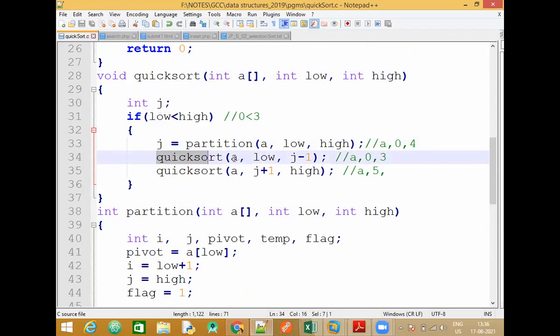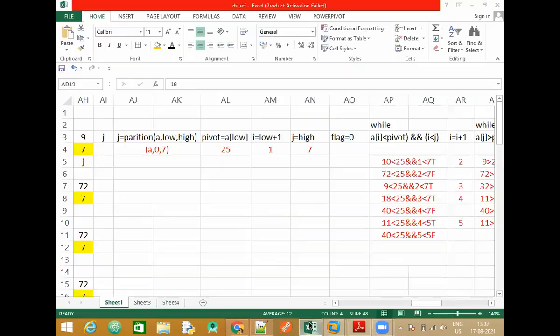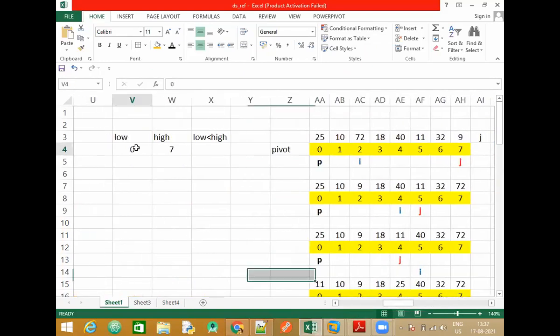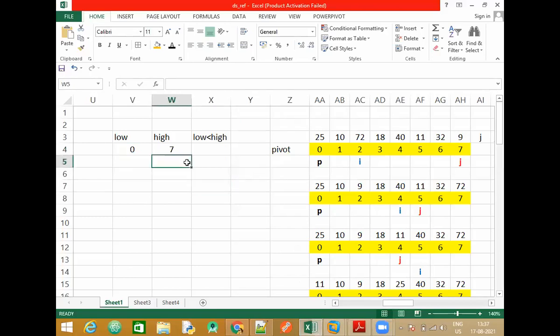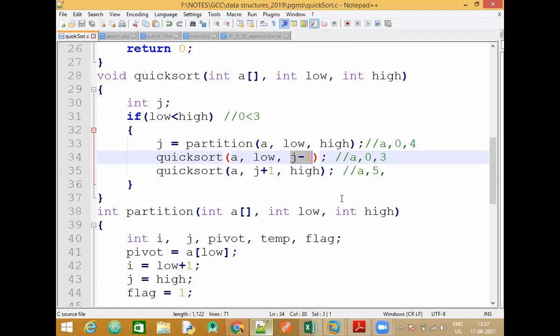Right? Now, what are the values that we need to pass? Array, we need to pass the value of low. Let us have a look at the value of low here. The value of low. Then we need to pass the value of j minus 1. Okay, I update the value of j here, that is returned as 4. So now j minus 1 is going to be equal to 3. Fine. Now quick sort, this function, where the execution or this cursor of execution will go, it will come to